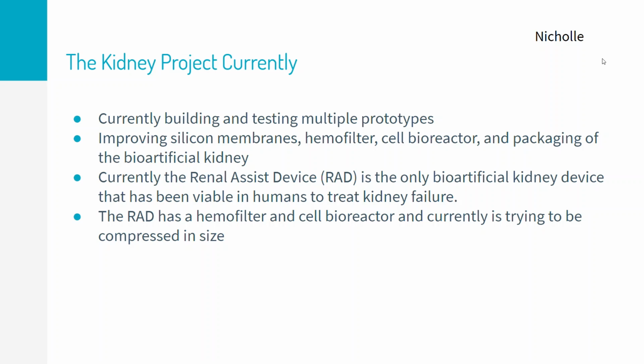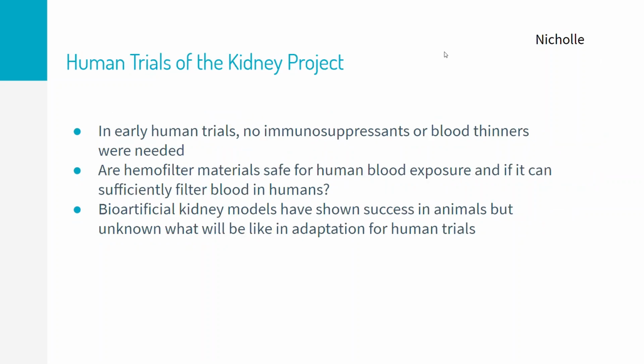These technologies for bioartificial kidneys are promising, but will still need to be able to have viability in humans. In early human trials, no immunosuppressants or blood thinners were needed. Professionals are trying to determine if the hemofilter materials are safe for human blood exposure and if the hemofilter can sufficiently filter blood in humans. Bioartificial kidney models have shown success in animals, but it's still unknown what they will be like in adaptation for